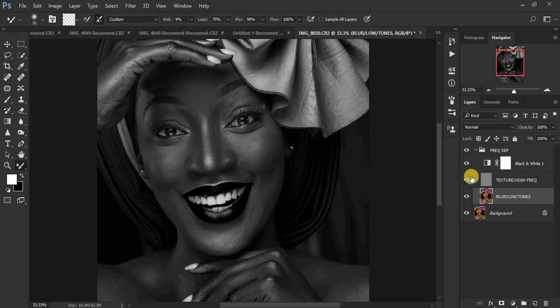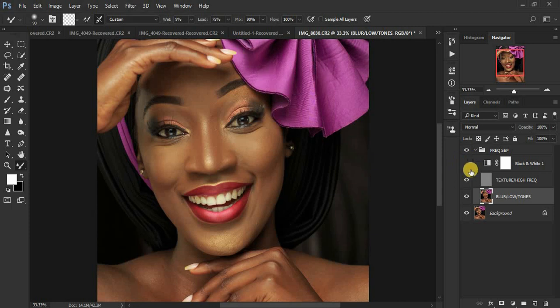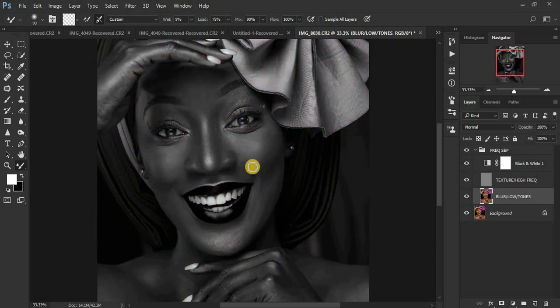You can see that. So I'm going to just turn off the black and white layer, and I'm going to toggle this on and off by clicking on the eye icon so that you can see the progress so far. So that's the before, after. You can see we have evened out the skin tones that were uneven on the nose area. So we're going to continue doing that on the rest of the image like that. So we have that, we have gotten rid of the unevenness in the skin tone. So just going to blend there too, blend that,